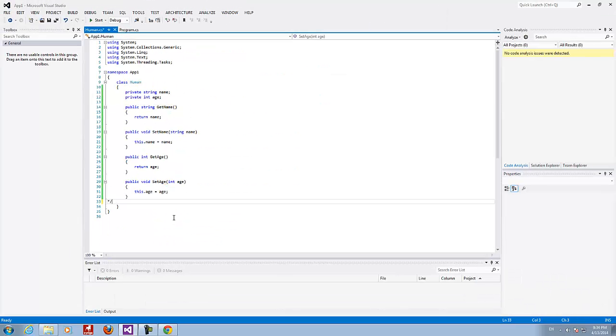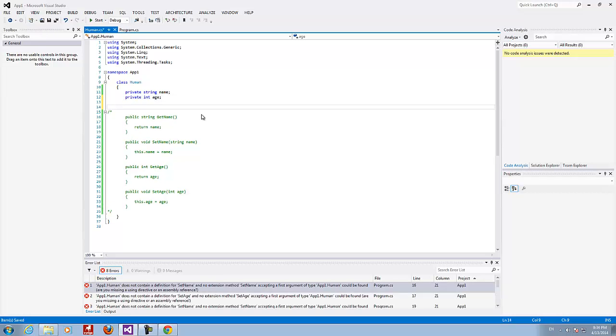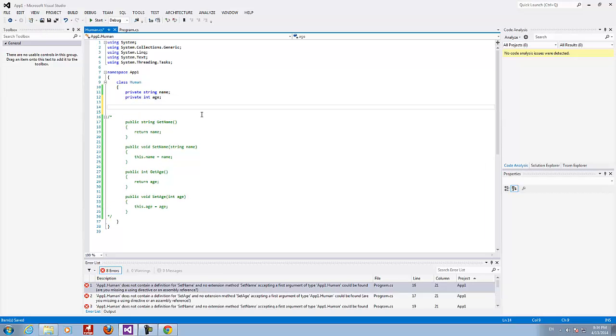Okay, so let's make it simpler. Now, I'm gonna comment the accessory methods and I'm gonna show you the special syntax which allows me to define properties without using methods, because the methods later we're gonna use for describing the behavior of our object.